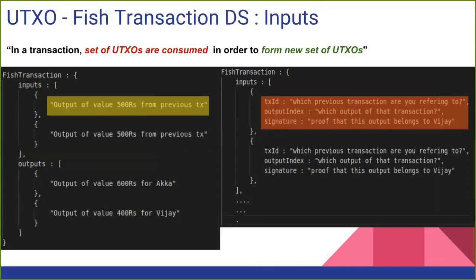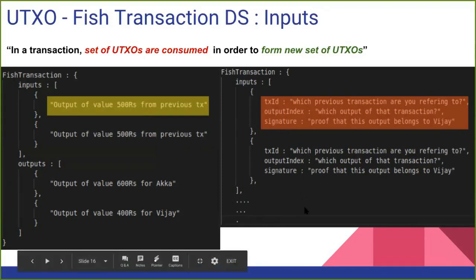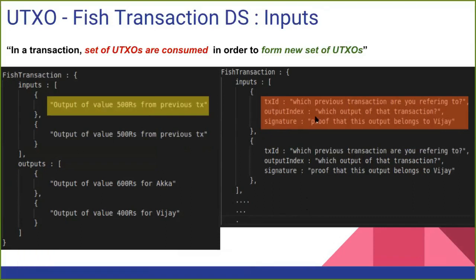So similarly for every other object. Again, I'm just repeating it. When I'm saying previous transaction, I have to specify which previous transaction I'm talking about. Then because I know that in any transaction, this looks like an array, we have to specify which index of this array I'm talking about. Because in this array there could be multiple objects like this, right? So I have to specify which index I'm talking about. So that I have given.